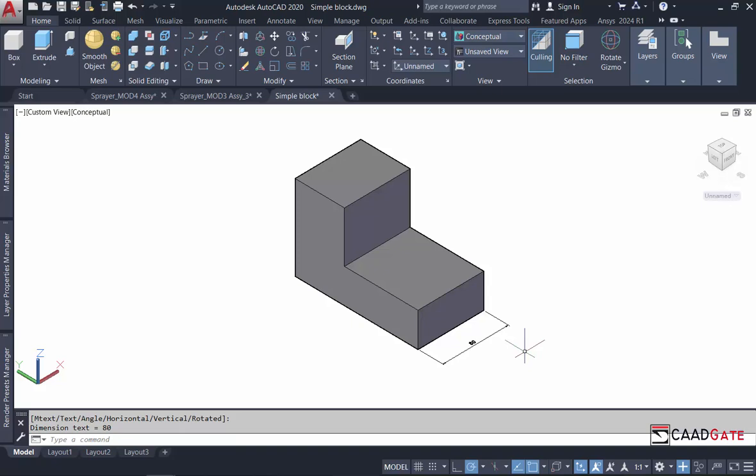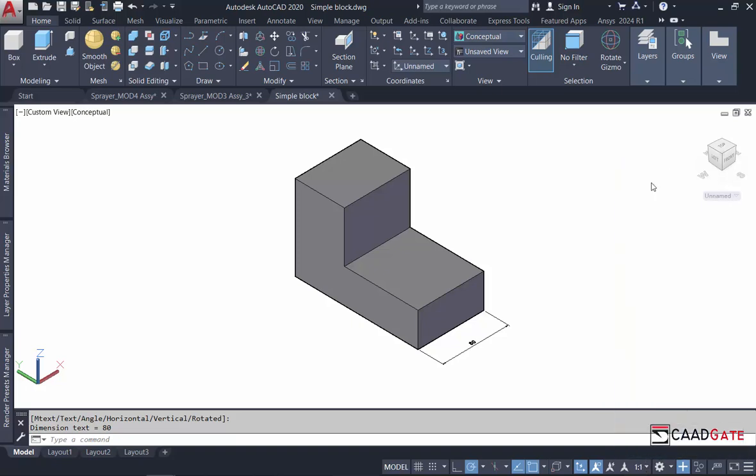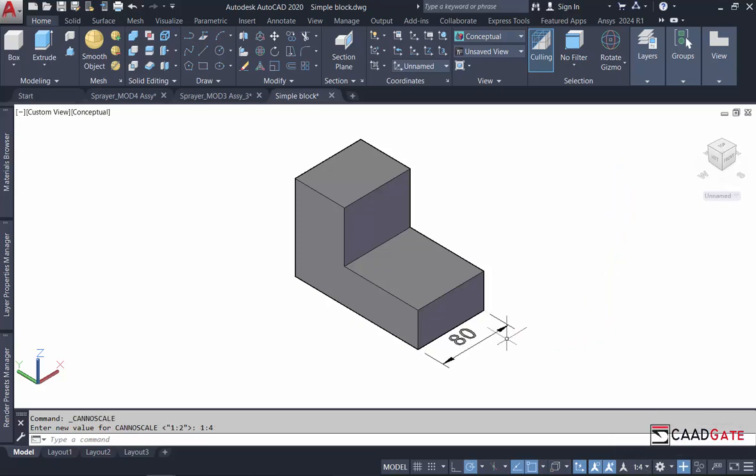I'm going to adjust the annotation scale. To do that, I go to the status bar and click here and select 1:2. Now the dimension is still not updating, so I'm going to click the icon here to automatically update the dimension scale. So when I go ahead and change this again, you see the dimension scale